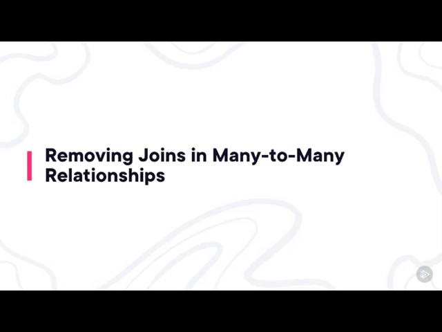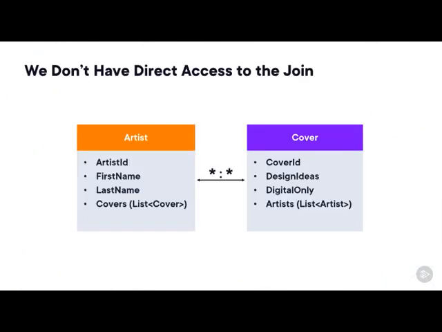Like adding a relationship between two ends of a many-to-many, when changing or removing these relationships, the focus is on changing or removing the join between the two ends, but the two ends stay intact. Because we're using skip navigations, that join isn't directly available to us as an object. And that means you'll need both ends of that relationship in memory so that you can remove one of the objects from the other's list and let the change tracker figure out how to respond to that in the database. And again, because each end is equal in the relationship, neither one is principal or dependent, it doesn't matter which